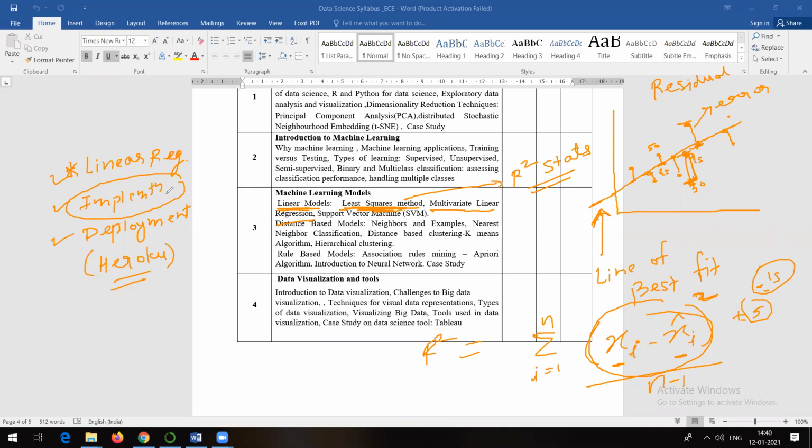Those people who understood the data set completely, I have even shared the data set with you people. The problem statement for the data set was what? We wanted to predict the chance of admission of a student in a foreign university, depending on his GRE score, TOEFL score, and all those things. So in that case, you have multiple variables. That was a proper example of multivariate linear regression. That's what we implemented in our previous session, if you remember.